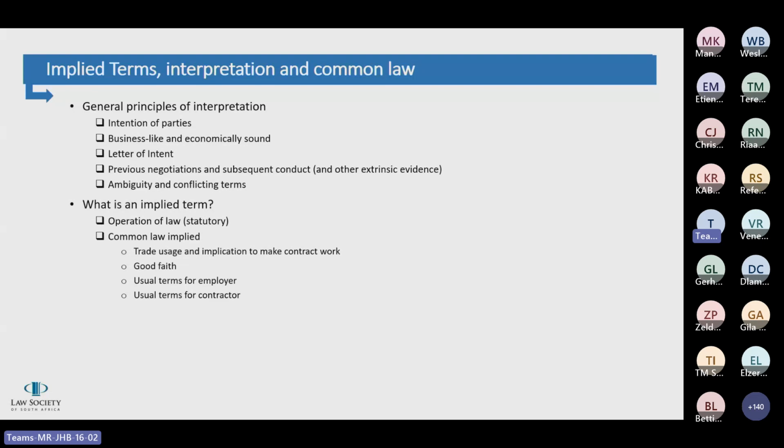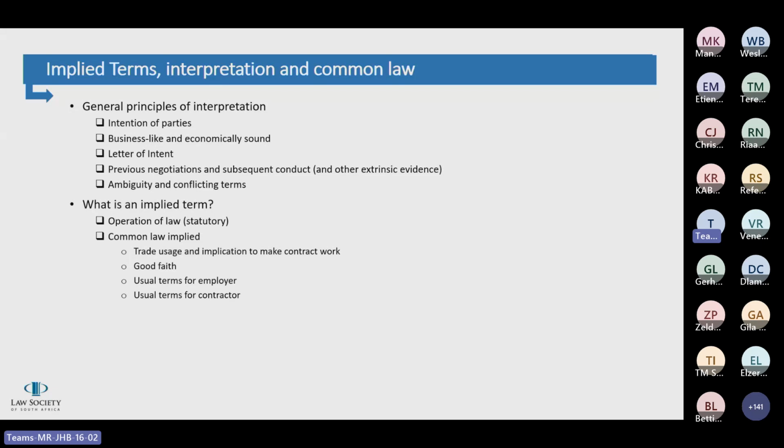Okay, so the basic principles of contract interpretation as found by our courts is that it's a process that needs to be objective, it's not subjective, and contrary to what many people believe, it remains impermissible to consider what either of the contracting parties actually thought the words meant at the time of contracting. So the document needs to be given a sensible and business-like meaning. It must be one that upholds the purpose of the document. So the most important thing that the courts look at is the language that is used, and that remains the